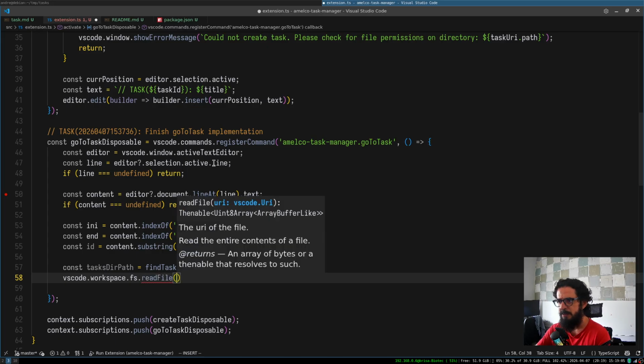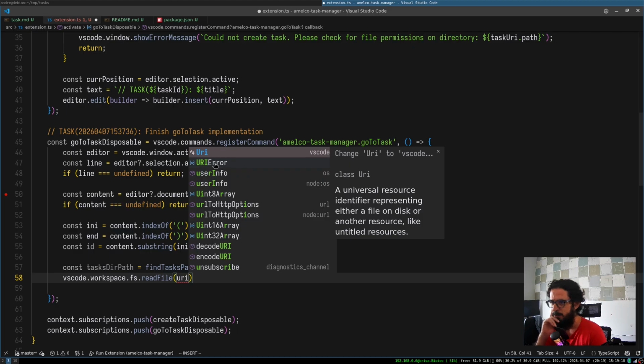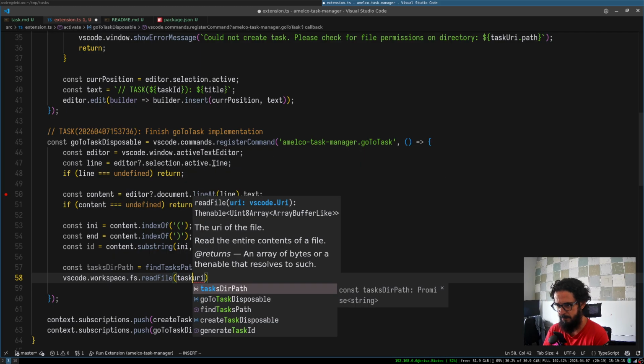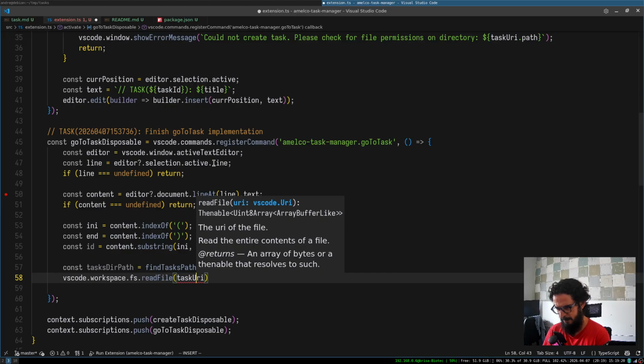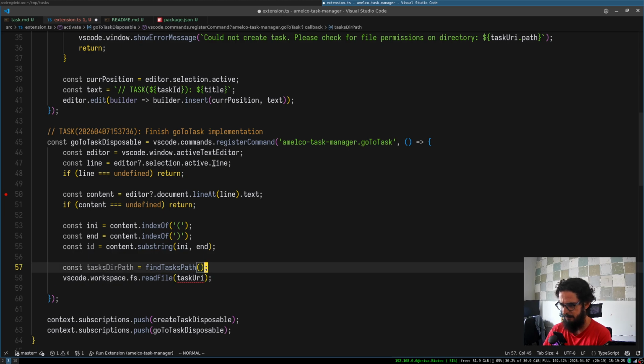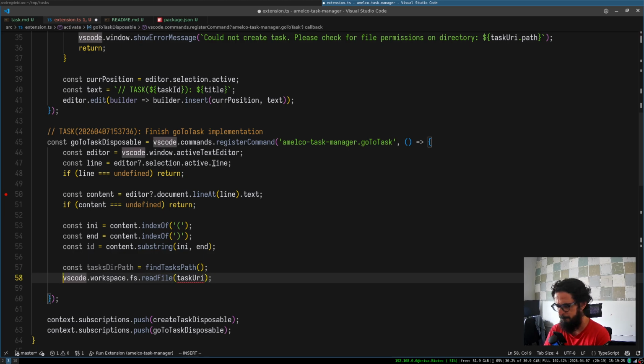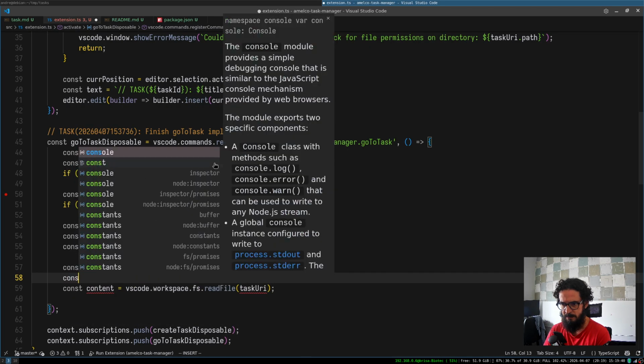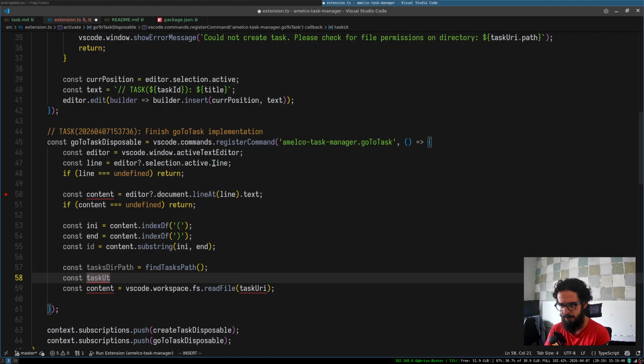The file that I want to read is a URI. It has a URI, which I will call task URI. And what else do I need? Just that. Right. And this will give me the content of the file. And I will create here the task URI, which will be the